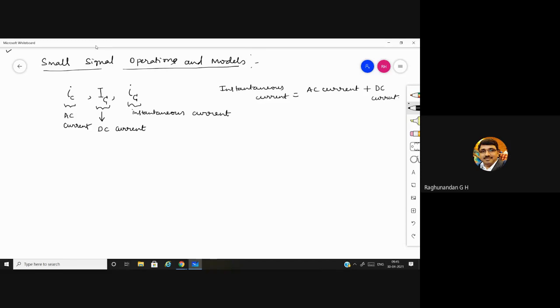What is the maximum output you have obtained? Yes, a maximum output voltage, right? While finding out gain, you take V naught by V in. I'm asking, what is the input voltage you are given, not the DC voltage. DC voltage is to bias the transistor to fix the operating point. I'm asking about input. AC input you have given, no? That part I'm asking.